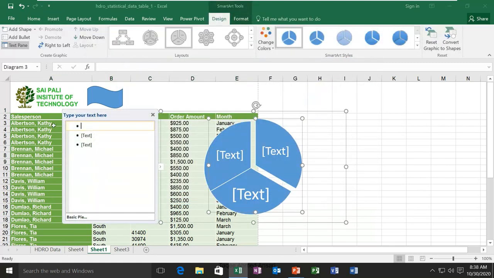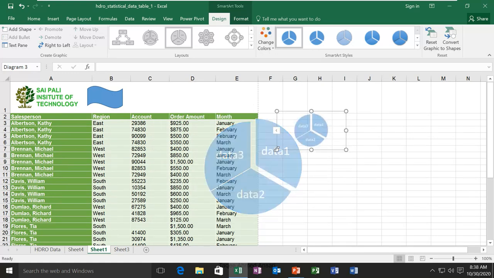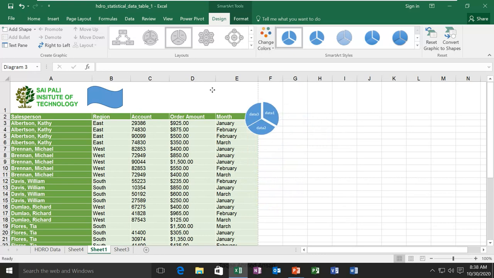In this side you can add the text: data 1, data 2, data 3, whatever. You can remove it, and you can adjust how you want to see this and where you want to put it in your sheet.